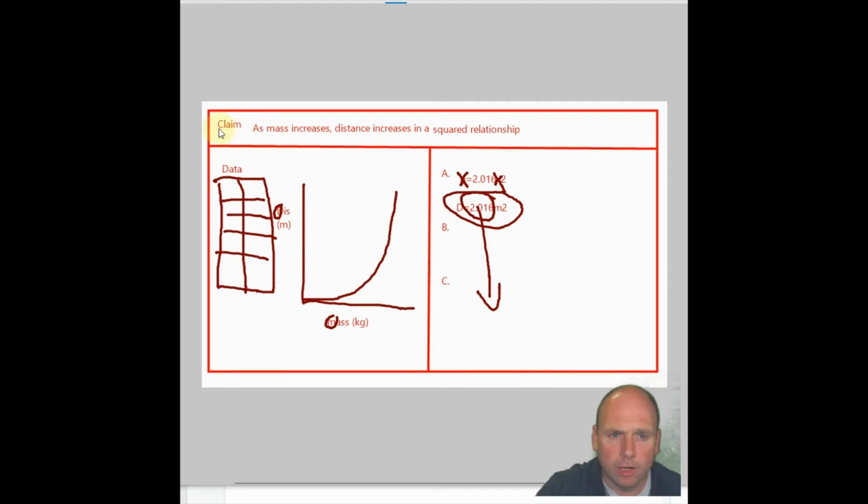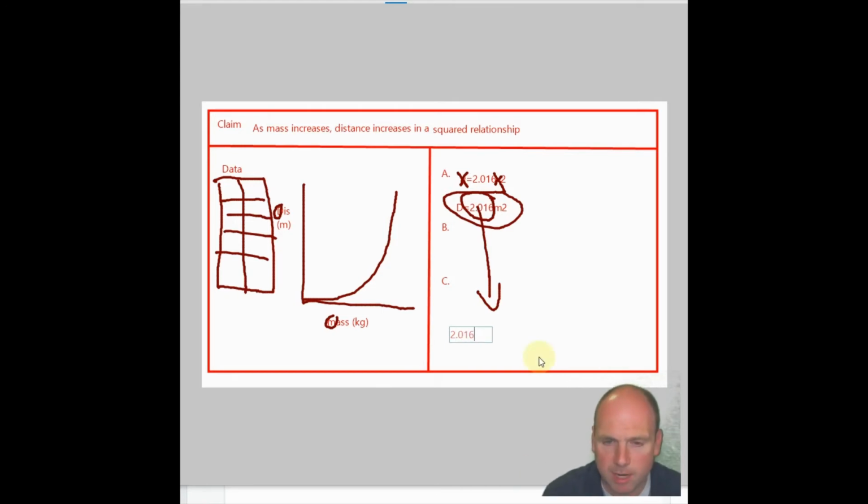Okay, so I have written in the claim section the answer to the question, how does mass affect distance? As I found, as mass increases, distance increases. That's easy to see, but in a squared relationship. So there's my finding. That's my claim. That's what I can now say based off of what I did. A, my math model, D equals 2.016 mass squared. And so then C is, what is my constant with my units? Eventually you're going to describe to me what that means, but for now I just want to know what the number is. So if I want to type that out, I'll type out